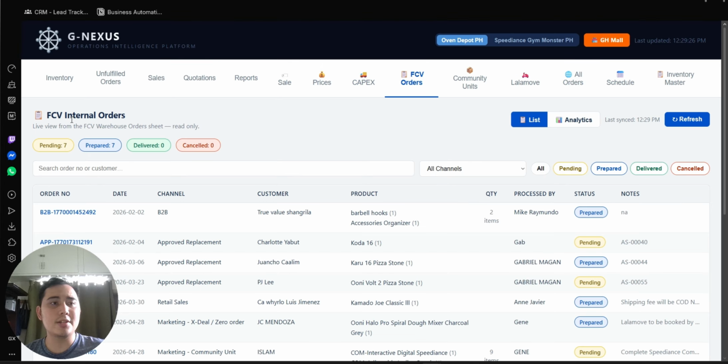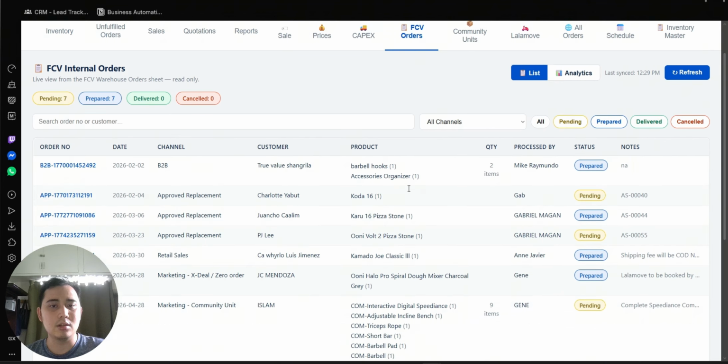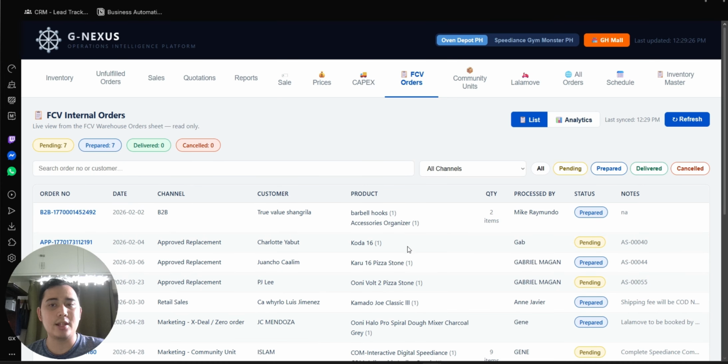This one is all the internal orders that are connected to our Google Sheets. Like I mentioned a while ago, we still use Google Sheets, and this is directly connected to the tracker that we use for orders.